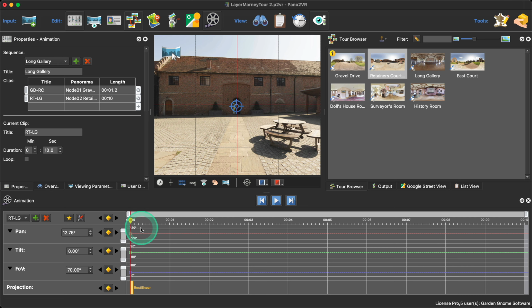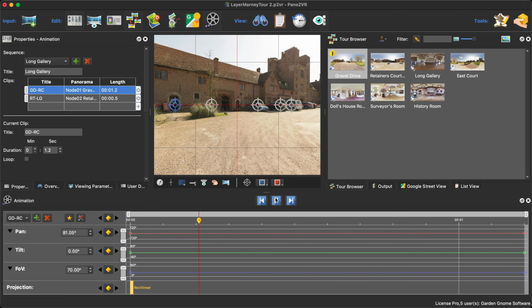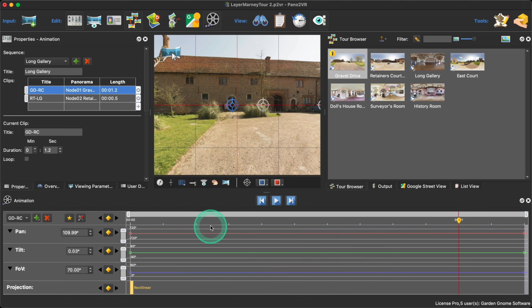So what I need to do in this instant is move the scrubber over to say 0.5 of a second, yeah, so half a second, and I'm going to add manually the keyframes, and I'm also now going to trim that timeline. Now you think, well, why am I doing that? But if I start at the top and press play, you'll see that we're moving around, entering, and then what we'll do is move to the third